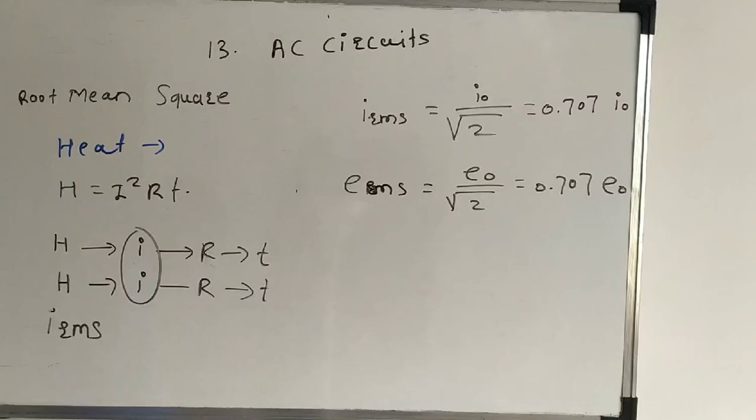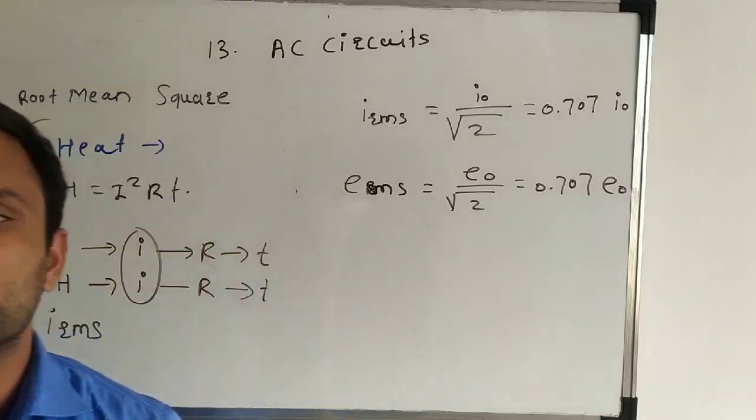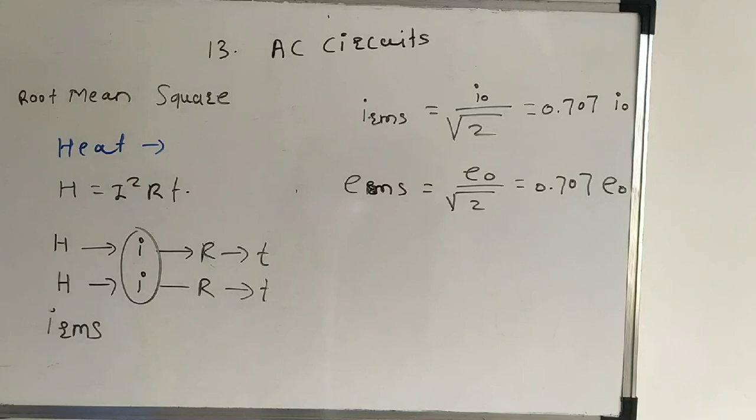Now the next topic is phasor diagram. Then what are phasors? In circuits, if we simplify the AC circuits, then we represent the values of current and the EMF as rotating vectors. To simplify the values of alternating current and EMFs, we have to express them as rotating vectors. The angle between the rotating vectors is equal to the phase difference between the current and EMF. These rotating vectors are called phasors.